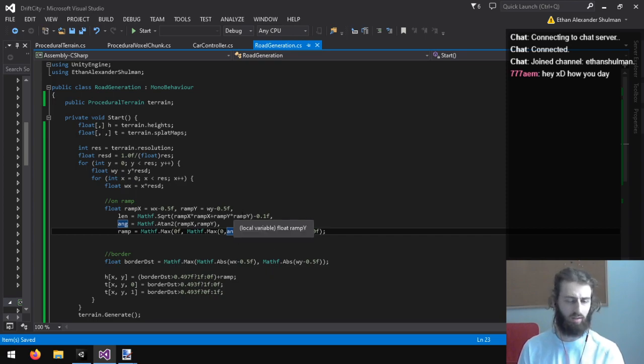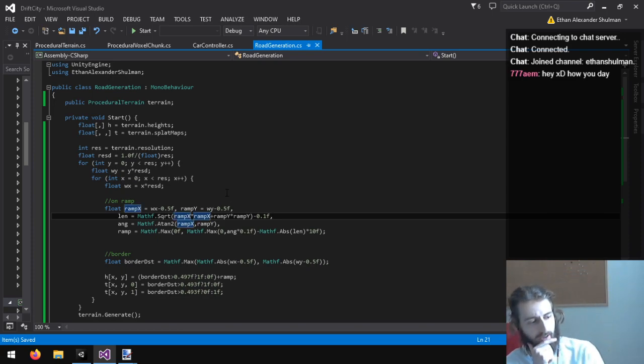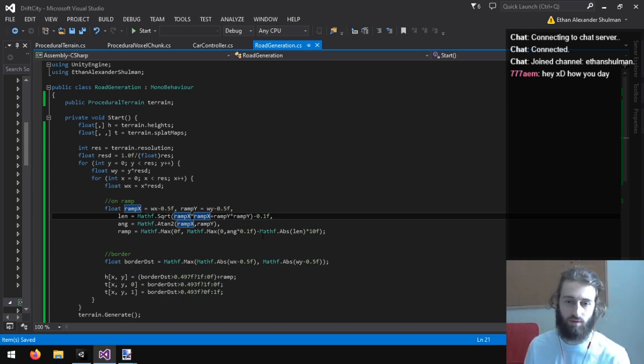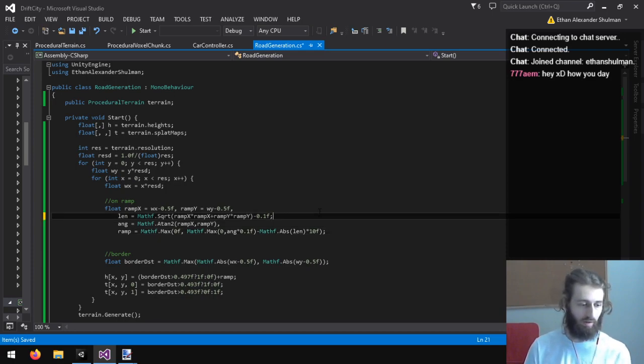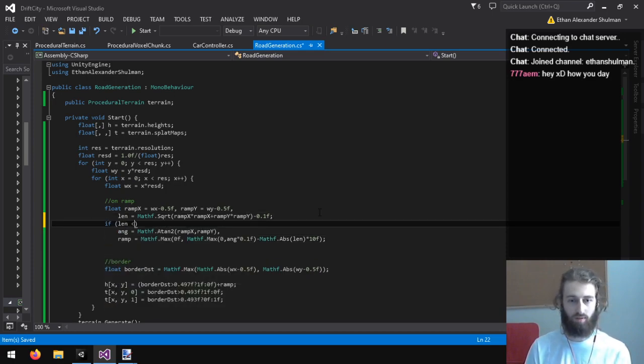Alright, let's try making this flat. So we need to make this scale up based off the length. Okay, so angle's gonna be... Alright, I know how to write this.